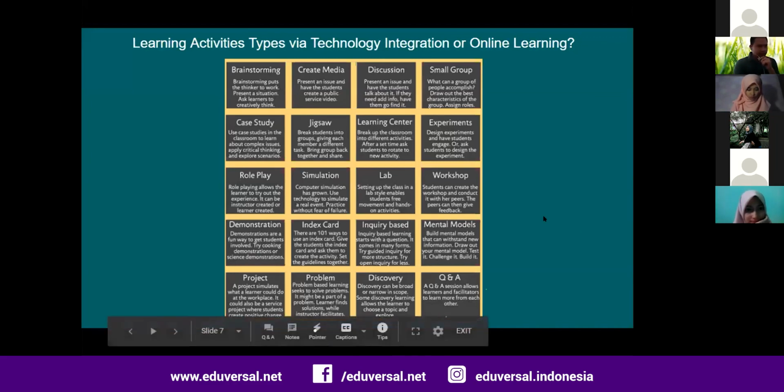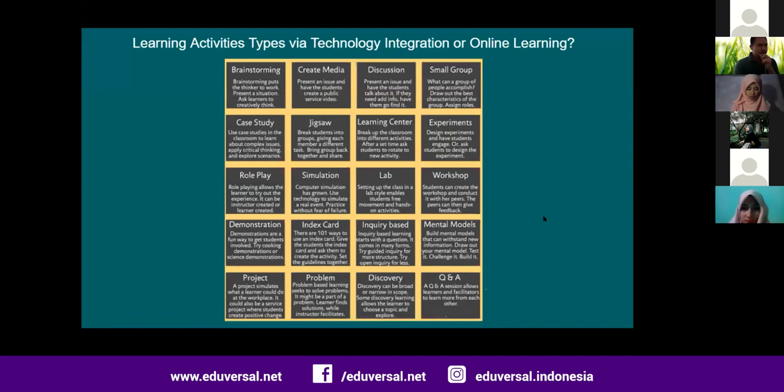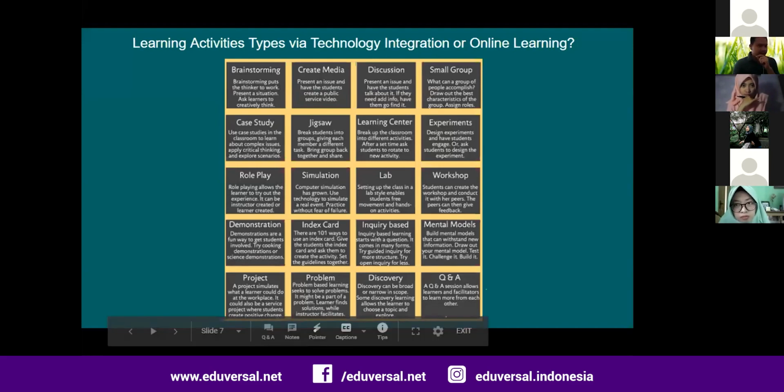Okay, so this is normal condition in the classroom. You can do this learning activity, but also you can introduce it through the online learning activity. For example, in lab, instead of doing a real lab, you can record the lab activity in the school lab or in your home. It is a small activity, and then you can give the students the idea of the lab activity. Or obviously you can use virtual lab activity in order to give students a learning objective related with the subject or the topics.